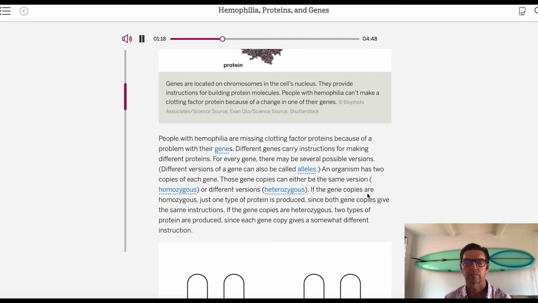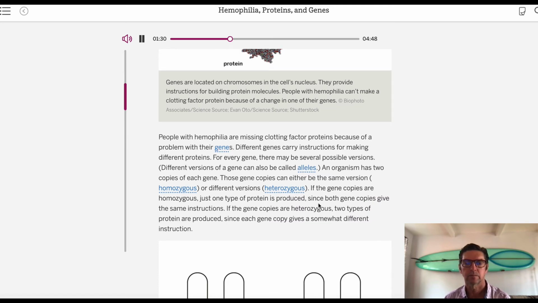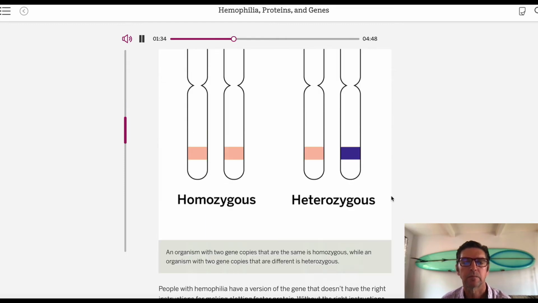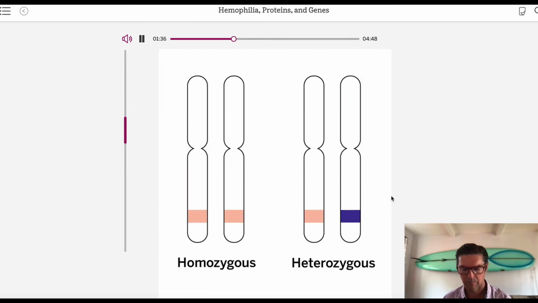If the gene copies are homozygous, just one type of protein is produced, since both gene copies give the same instructions. If the gene copies are heterozygous, 2 types of protein are produced, since each gene copy gives a somewhat different instruction. People with hemophilia have a version of the gene that doesn't have the right instruction